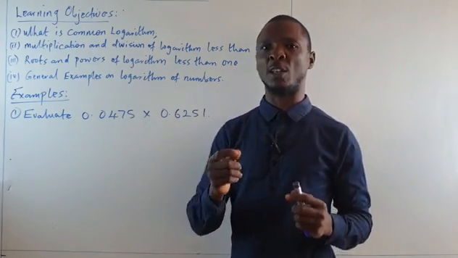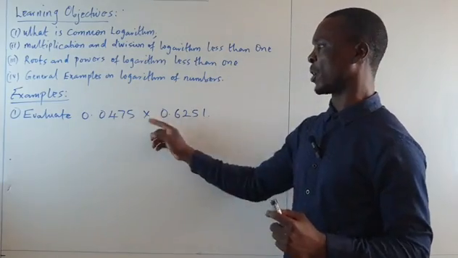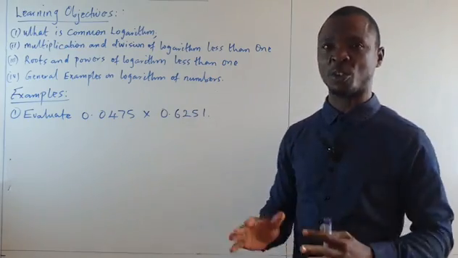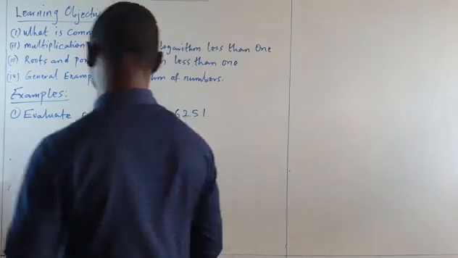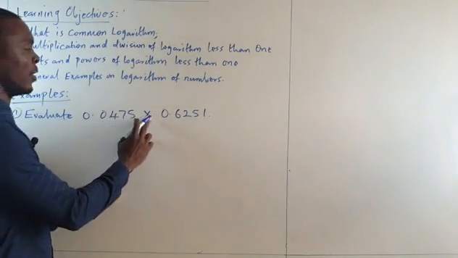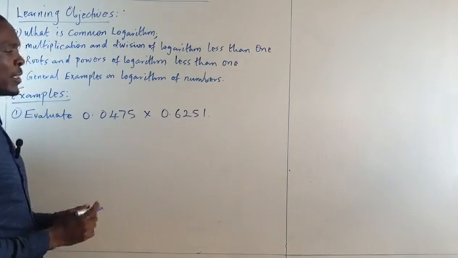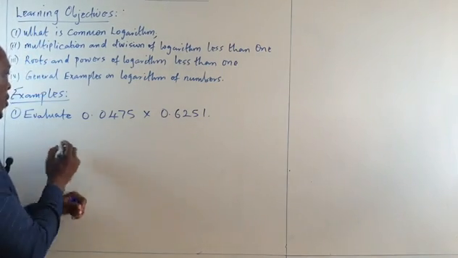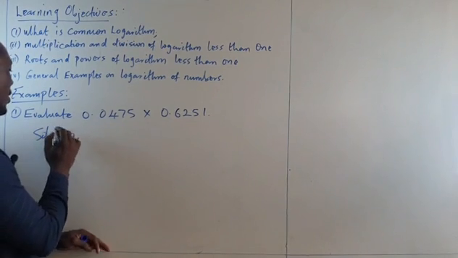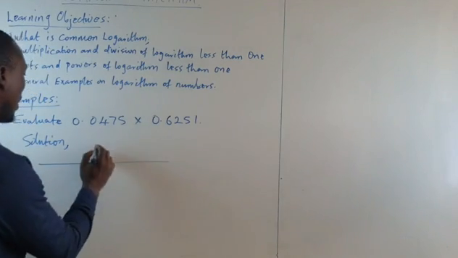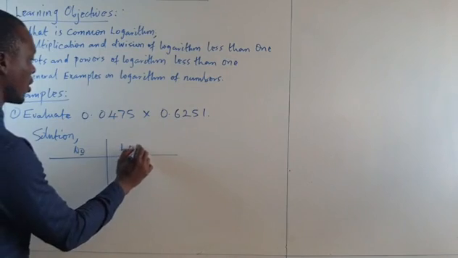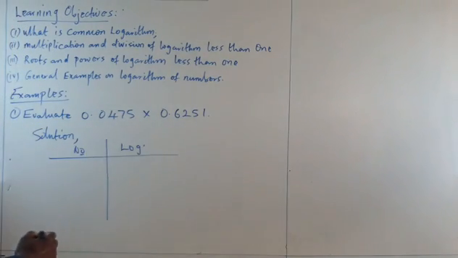As we know, under the laws of logarithm, multiplication will change to addition. But as we are solving, you will get to know that. So here now, we have 0.0475 multiplied by 0.6251. So we are going to prepare our table. We have the number here, and we have the log here. So starting with the first number, which is